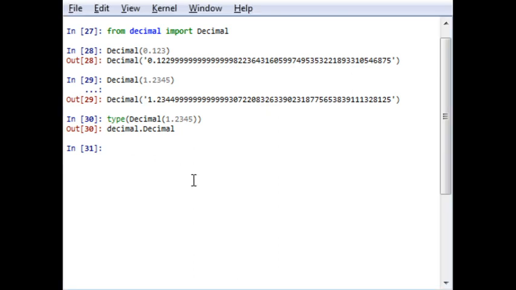So without clearing, if I write 2 plus 3j, by default it will give me a complex number in brackets. For understanding whether it is a number or a complex number, I want to check its type, and